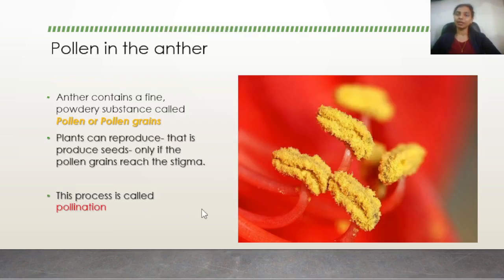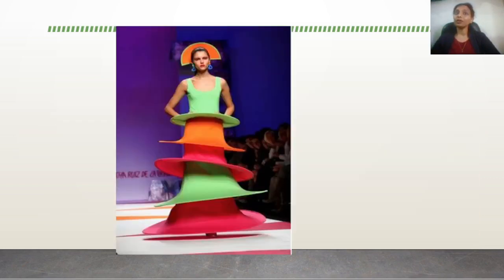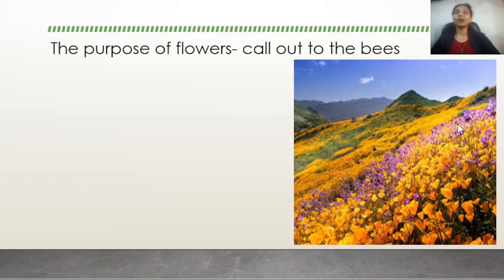And this process by which the pollen grains get transferred to the stigma is called the process of pollination. Now maybe you are able to guess why plants have flowers with such bright and beautifully colored petals. Why do you think? Yes, it is to attract insects and to allow for the process of pollination. So the purpose of the flowers being so bright, beautiful, with an attractive fragrance, as well as sweet nectar